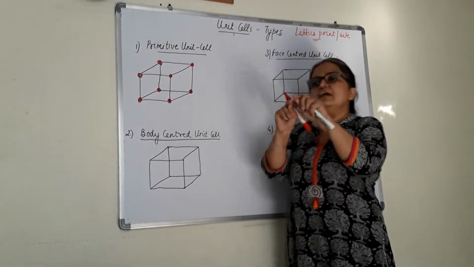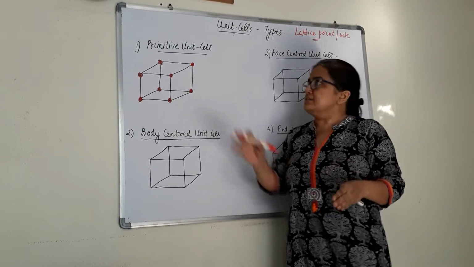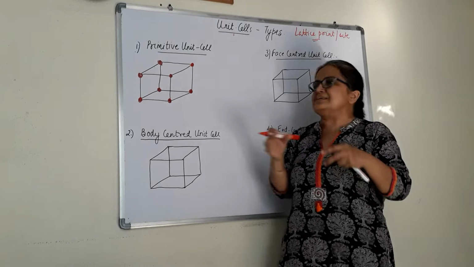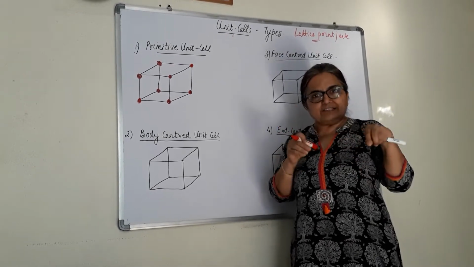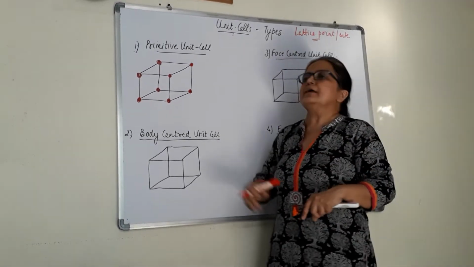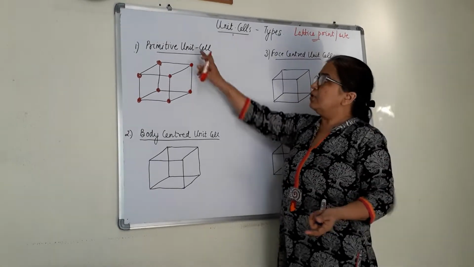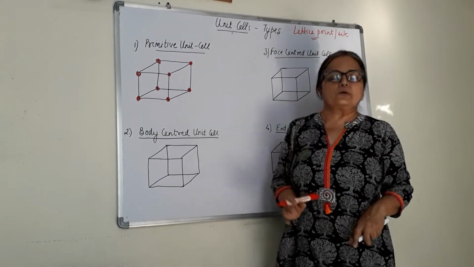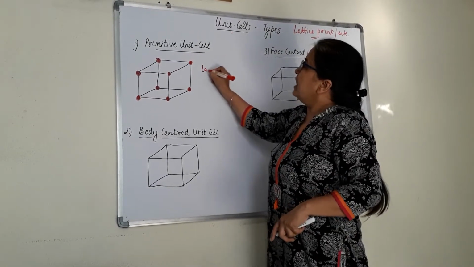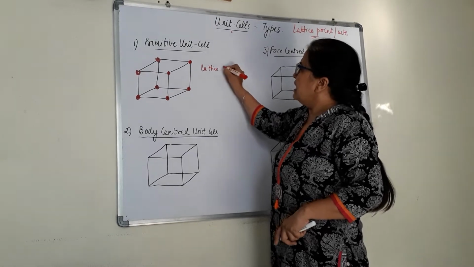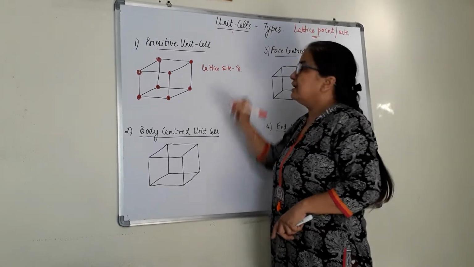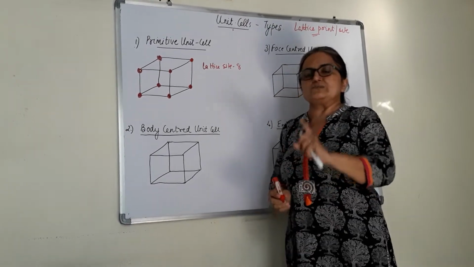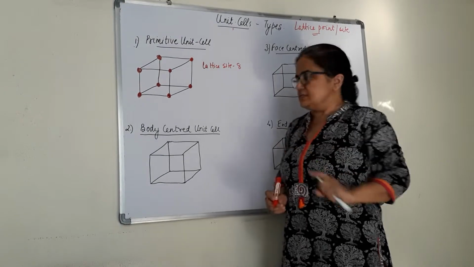Now you don't have any cube present in a crystal. It's actually that if 8 constituent particles are placed in this manner and all those lattice sites are joined together, you will get something like a cube. So what is a primitive unit cell? It is that unit cell in which all corners are occupied. So we can say that in primitive, the lattice sites are 8. There are 8 places where the constituent particles are present.